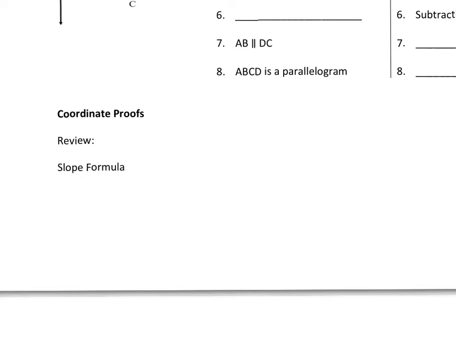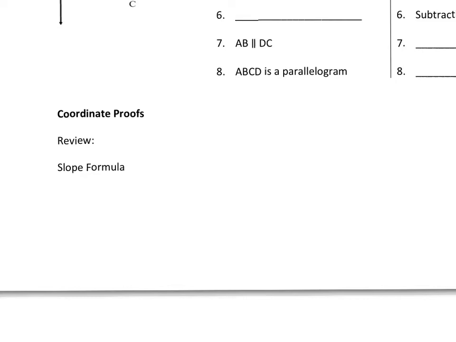In this video we're talking all about coordinate proofs, which are a little different than two-column proofs in that we don't have to necessarily write out all the reasons in a numbered order like we do for two-column proofs, but in coordinate proofs it's equally imperative that we show all of our work. So for these